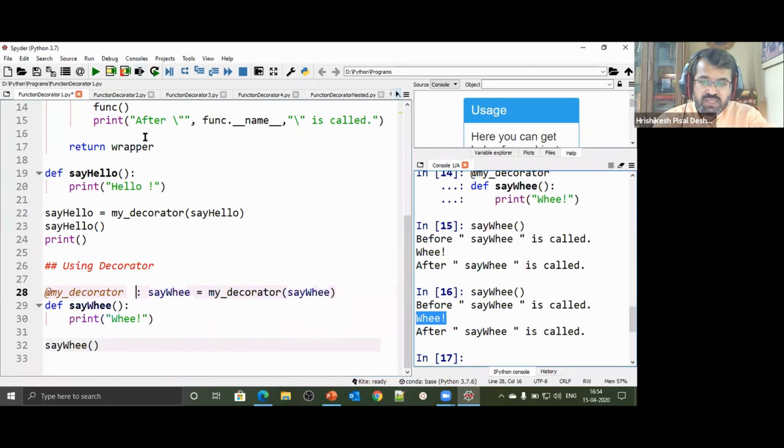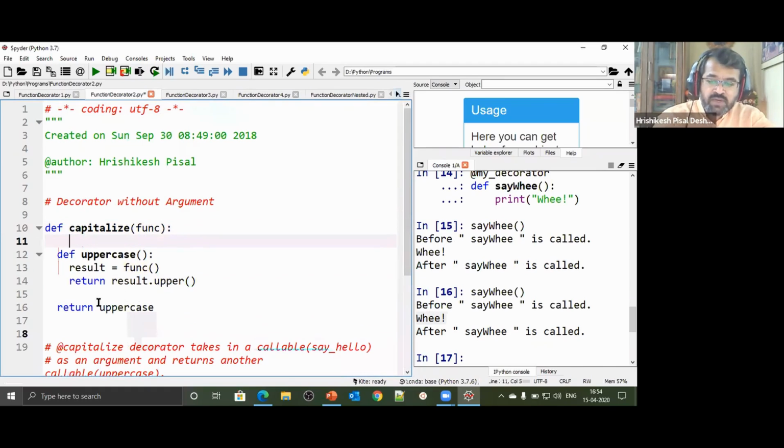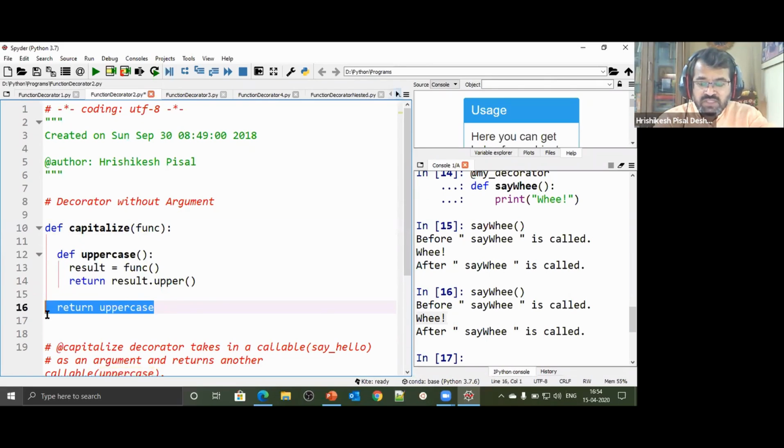We just now saw one more example of a decorator, which was about capitalization. So let's take that additional example as well. There is a function called capitalized. It takes one function as a parameter and returns another function. So it has a nested function, an inner function. Listen to it very carefully. This wrapper function calls the function that you have supplied, stores the result in a variable, and the result is converted to uppercase. That's how this capitalized function actually works.